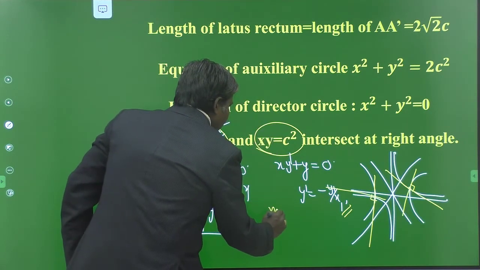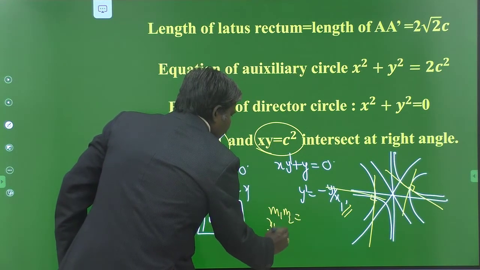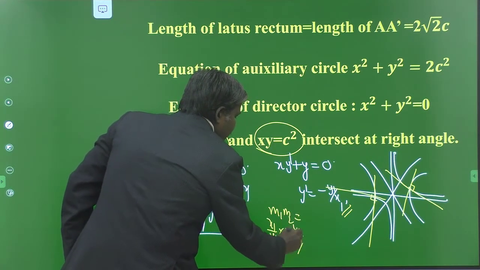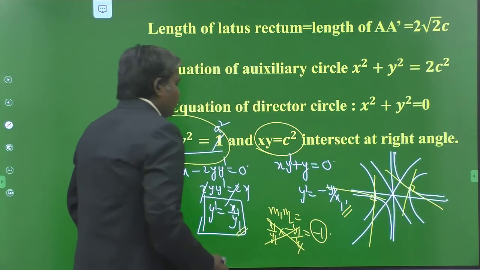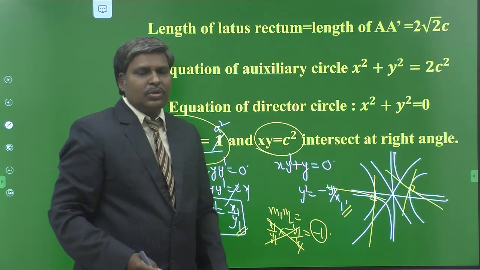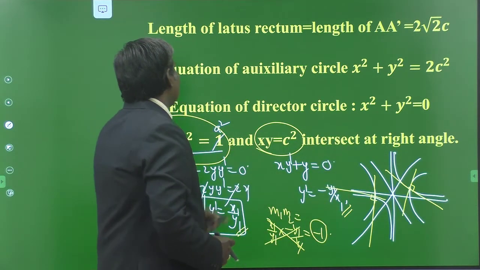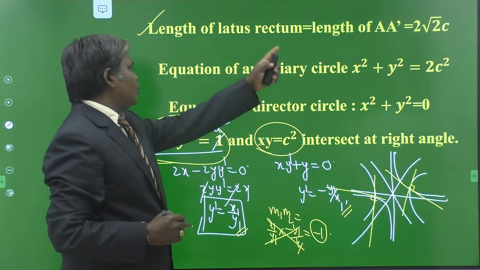Now multiply them. M1 into M2 is equal to what? X1 by Y1 into minus Y1 by X1. Y1 gets cancelled, X1 gets cancelled. Therefore, the product of the slopes is equal to minus 1. So clearly the angle between the two curves is what? 90 degrees here. So the length of the latus rectum of xy equal to c square is 2 root 2 c,